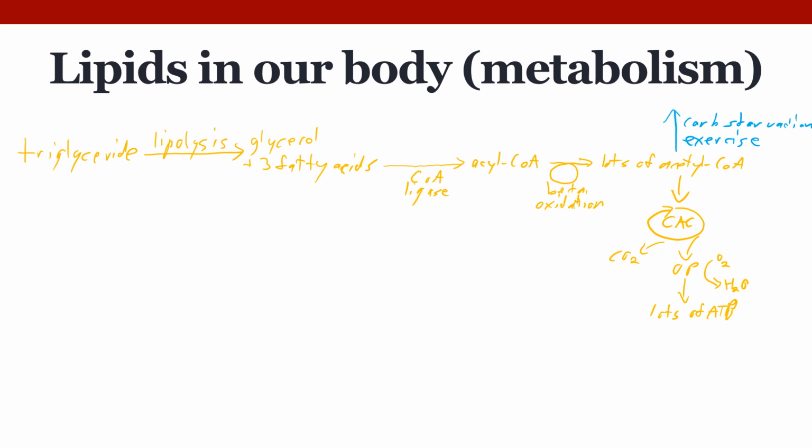these acetyl CoAs, instead of being used to generate lots of ATP on the site, can be used to produce something called ketone bodies. I don't know why they call them bodies. They don't have a body. They're just little molecules that float around your blood. But these ketone bodies can then cross the blood-brain barrier to fuel your nervous system, your central nervous system. They can get into muscles. They can go anywhere that energy is needed. And once they're there, they can convert back into acetyl-CoA and drive the citric acid cycle in whatever tissue they've